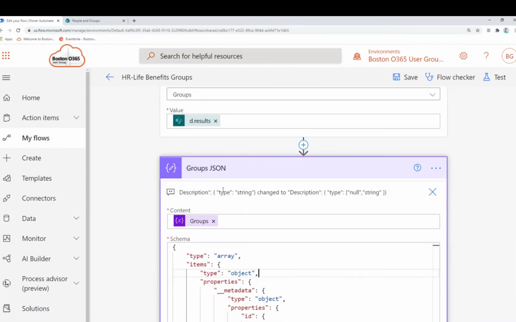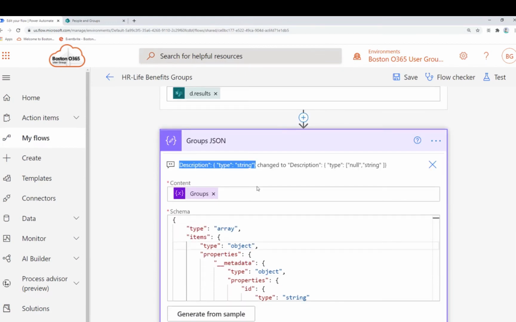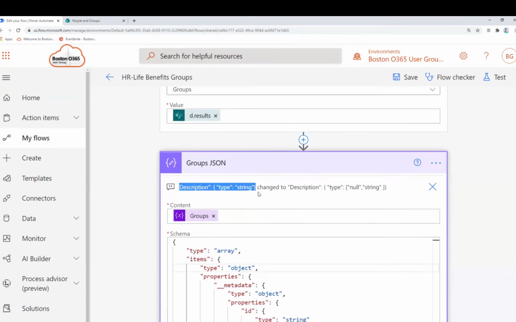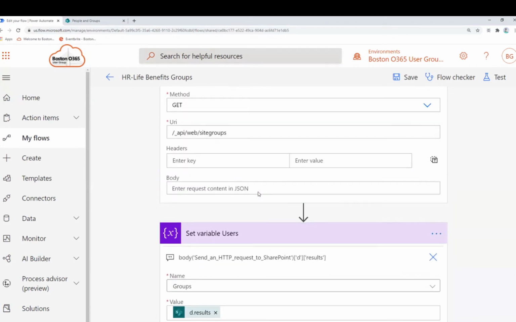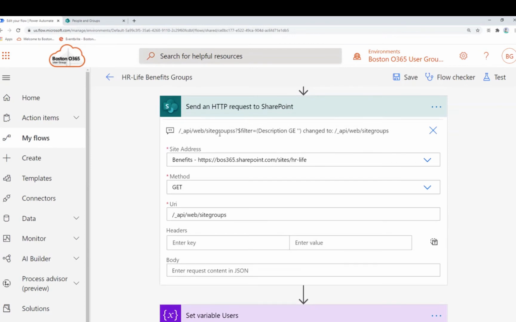On this one here, description, I had to change. Description was typed string. Sometimes description can be null, and sometimes description can have data in it. So in order to get this flow to work, what I had to do is I had to query site groups. Let me see, I probably did it up here. Here we go. So I had to query site groups for description being greater than blank.